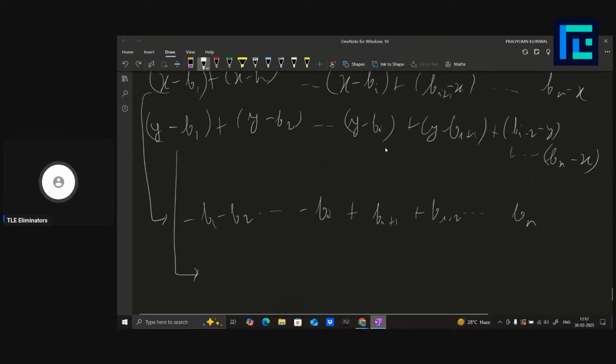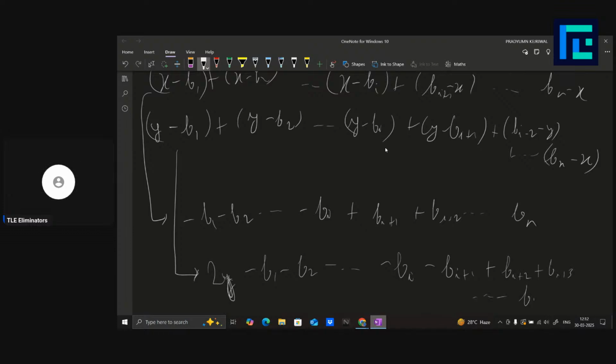So 2y will be remaining. Like 2y's will be left. So it becomes 2y minus b1 minus b2 up to minus b(i) minus b(i+1), and we have plus b(i+2) plus b(i+3) up to b(n),